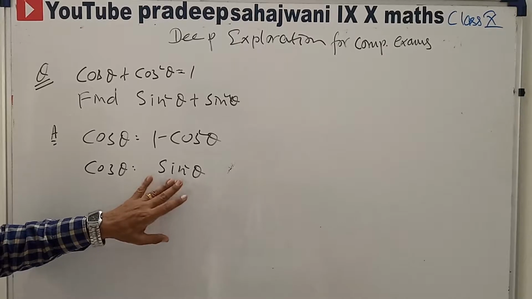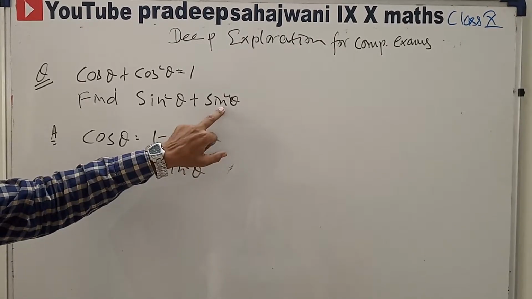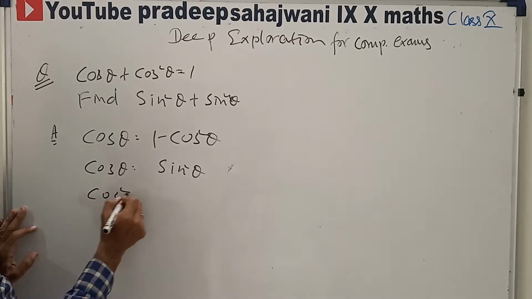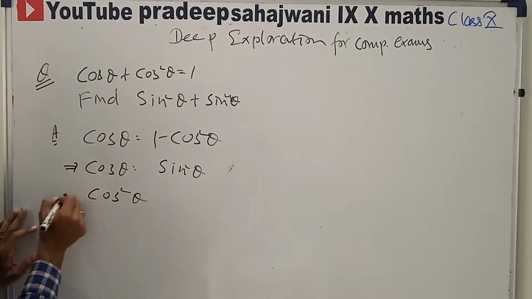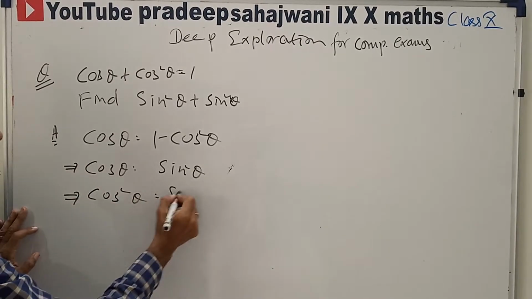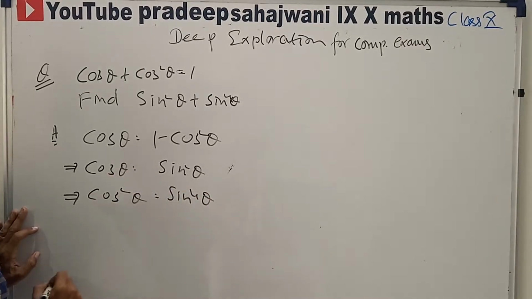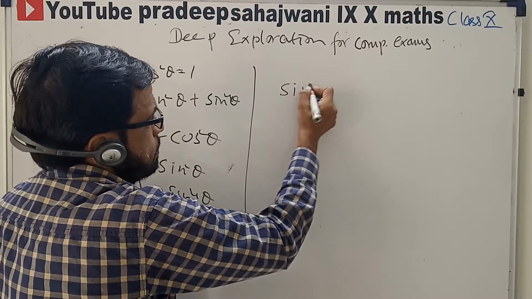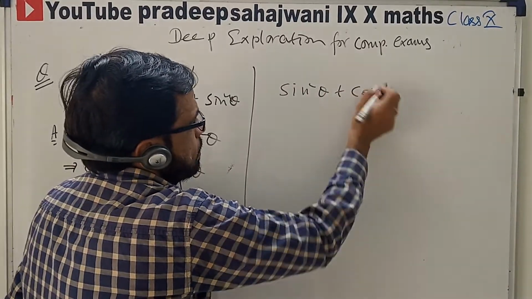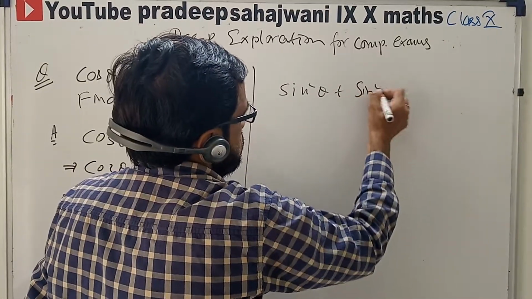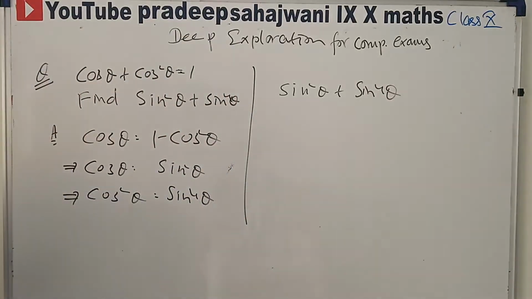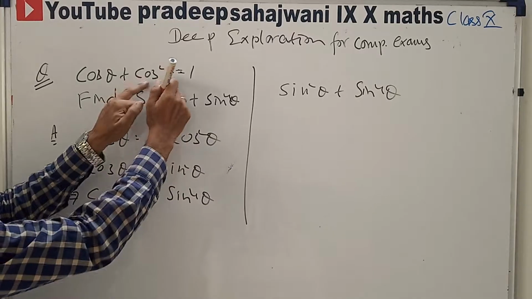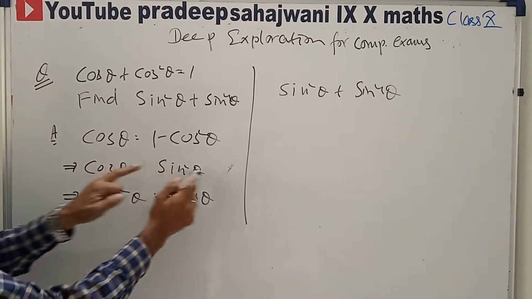Now see, sin square theta. In our question we require the sin 4 also, so let us square both sides. Cos square theta is equal to sin 4 theta. Now come to the question. Our question is sin square theta plus sin 4 theta. Okay, properly see, cos theta is this one using the given, then cos theta is 1 minus sin